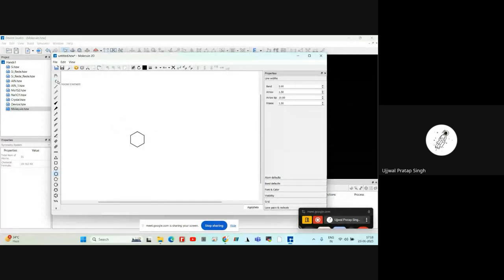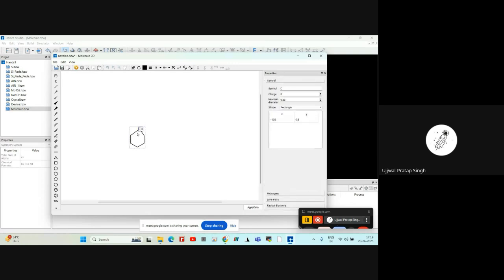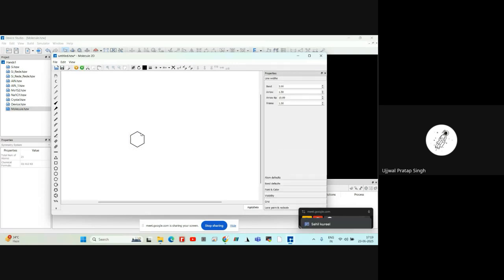The same way, below the carbon atom, you can see draw single. Click on this and click on the node on the corner and draw single bond. In the same way,